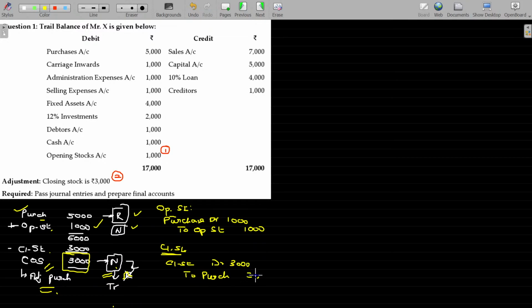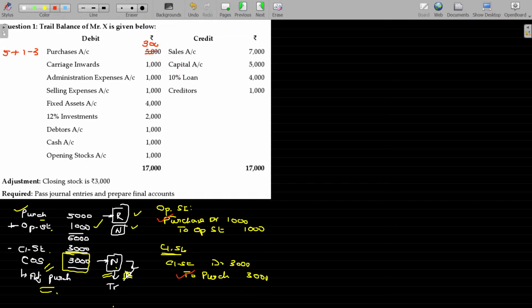Remember, how do I incorporate this in the trial balance here? By incorporating these two in the trial balance, I am going to prepare a new adjusted trial balance. See, purchases debit and another credit. 1,000 rupees debit means it is added with the purchases. 3,000 credit means it should be subtracted from the purchases. So 5,000 is the existing value in the purchases. With that, purchases debit 1,000 is added and the purchases credit 3,000 should be subtracted. If I do this adjustment, now the